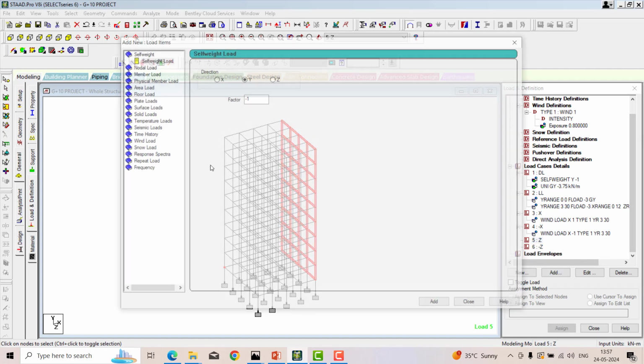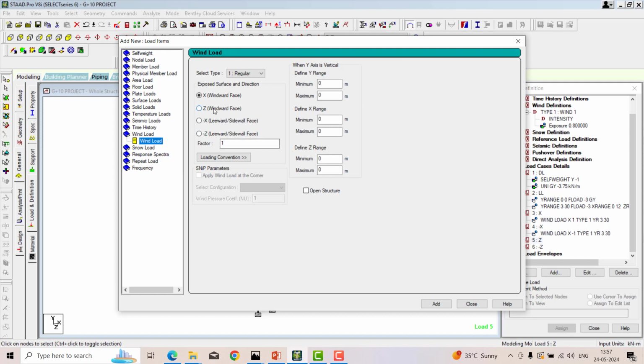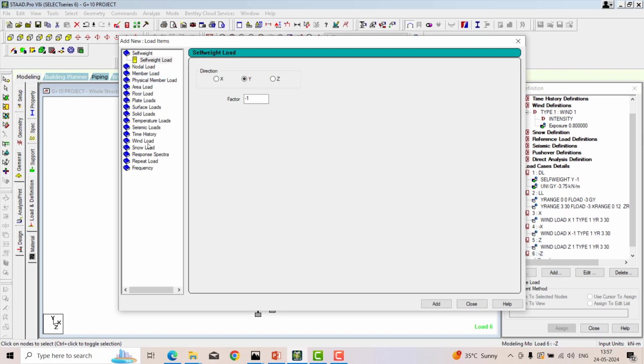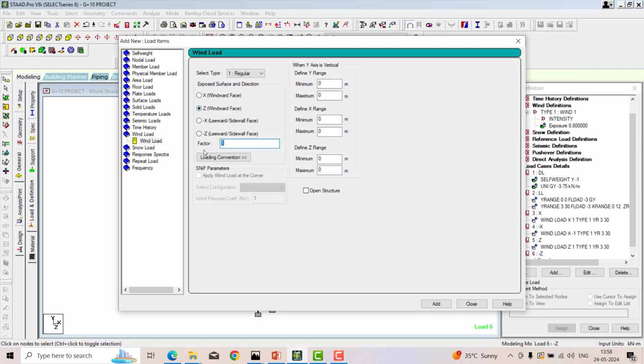Scrolling down, click on the Z direction. Wind load, just switch it into Z windward faces. For positive it should be positive, and then minimum height is 3, maximum height is 30. Add and close. Same way for the minus Z wind, Z windward face, minus 1 value, minimum height of the building, maximum height of the building.